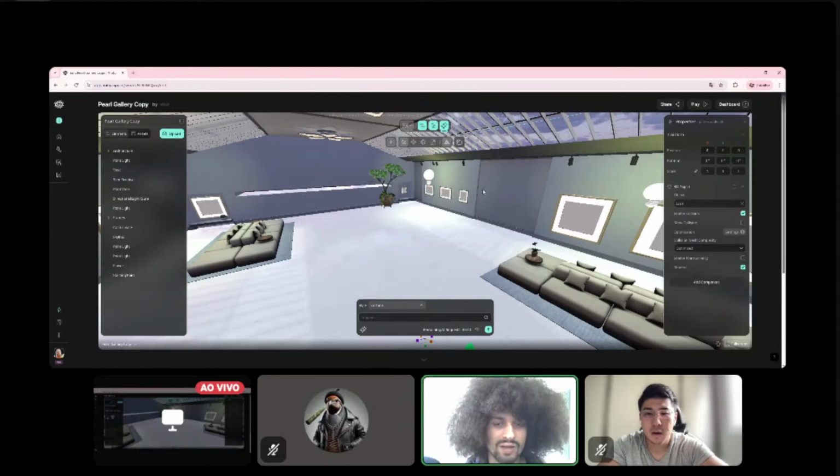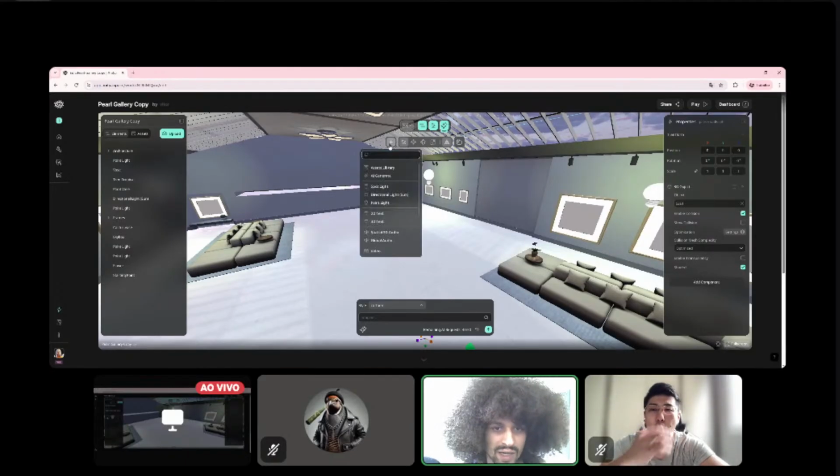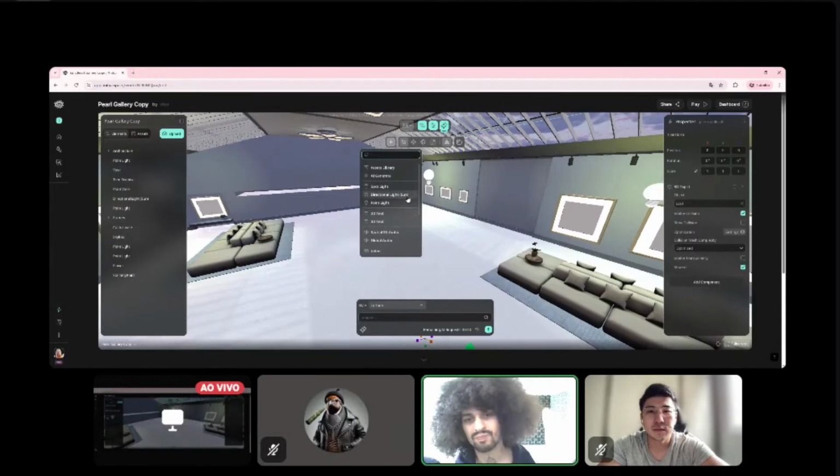Now, in this workshop, I want to continue what I was doing in the last workshop, which is talking about each of the components and the settings for each of those components in here. I remember passing through all of them, but now I'm going to place them in the scene so you guys can see what they actually do.